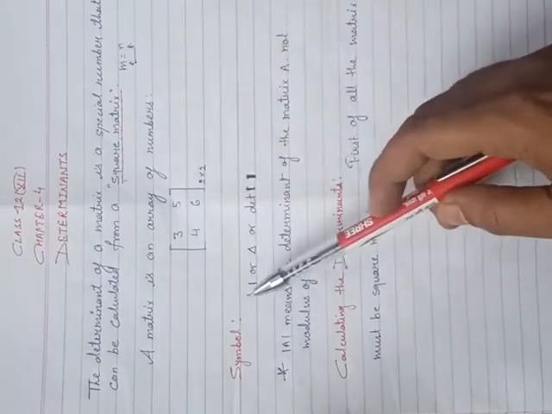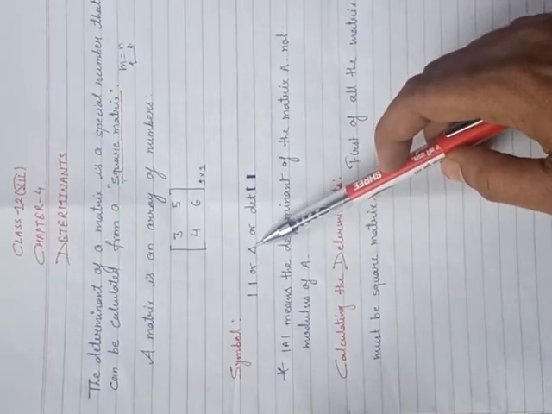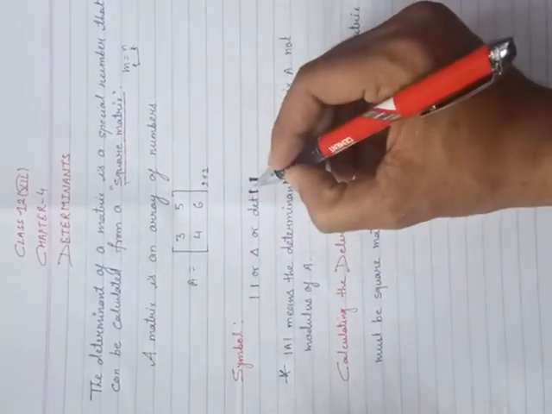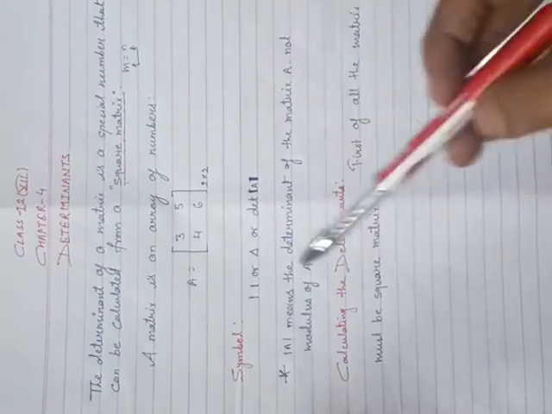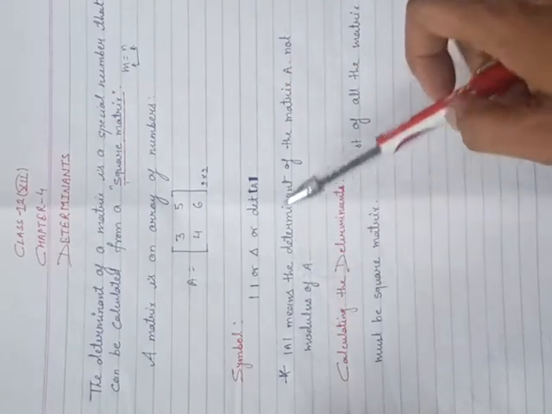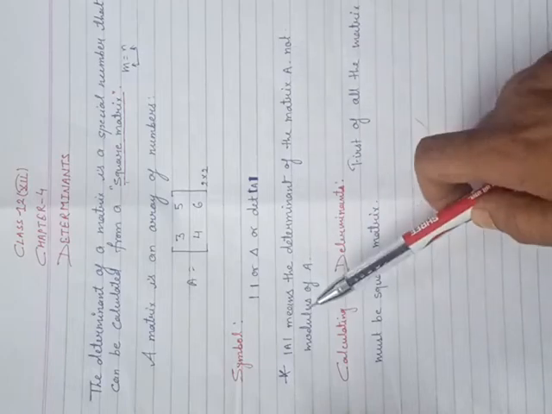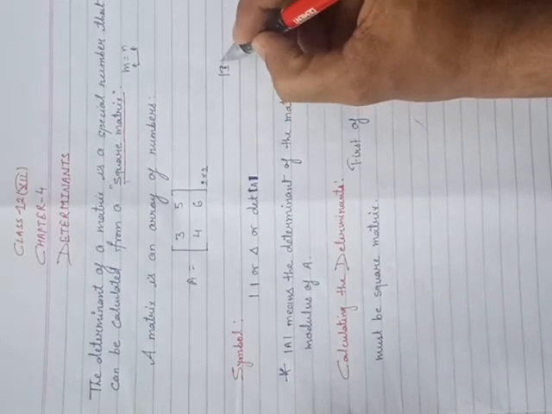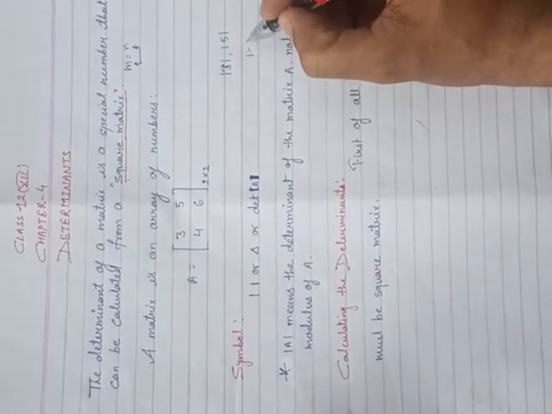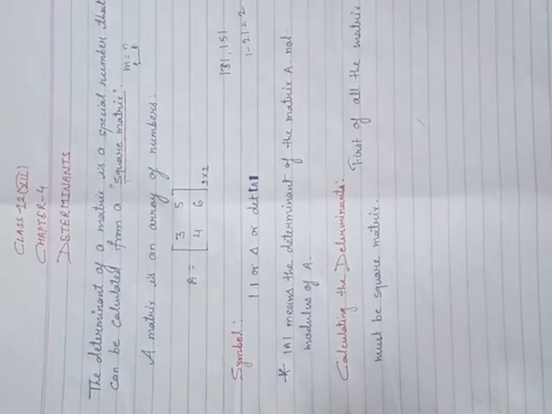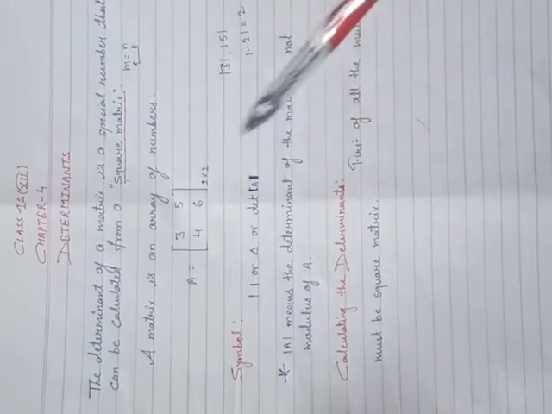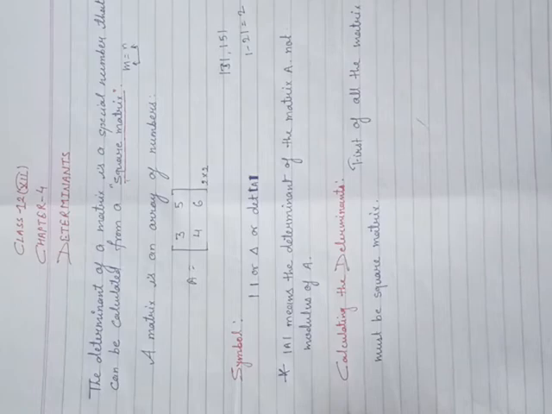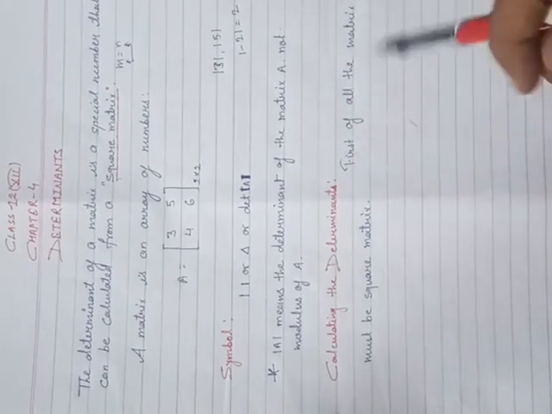And what is the symbol? The symbol is two straight lines, or del, or determinant. Suppose it was matrix A and we are going to find its determinant, we write it like this. Listen carefully: mod A means the determinant of the matrix A, not the modulus of A, because we have studied mod 3, mod 5, mod minus 2, where we were taking the absolute value. That is the sign of absolute value, but in the case of a determinant we have to read it as the determinant of the matrix A.